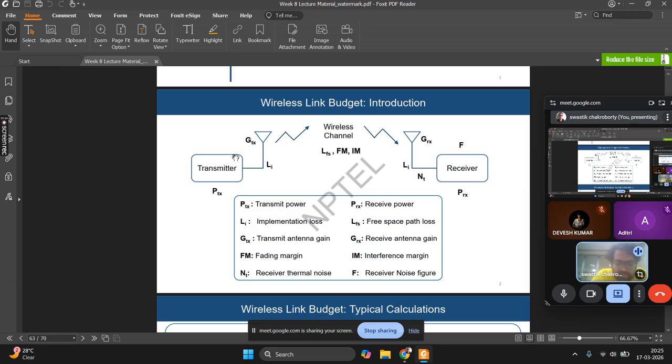Then there might be some device losses. So throughout, from the point you have transmitted the power to the point you have received it, constantly there is addition and subtraction to that power, and the power that you finally receive is very different from the power that